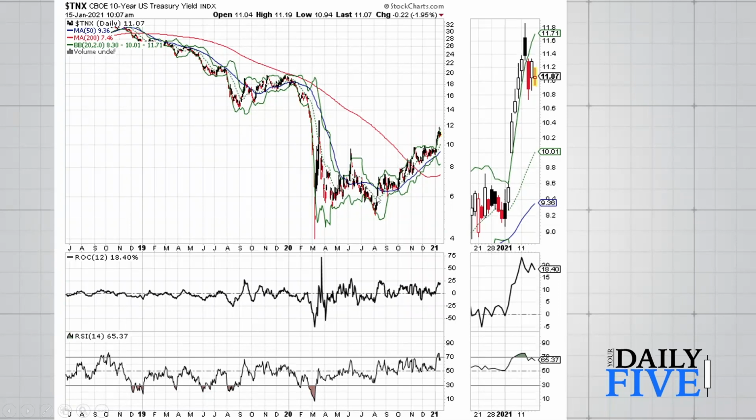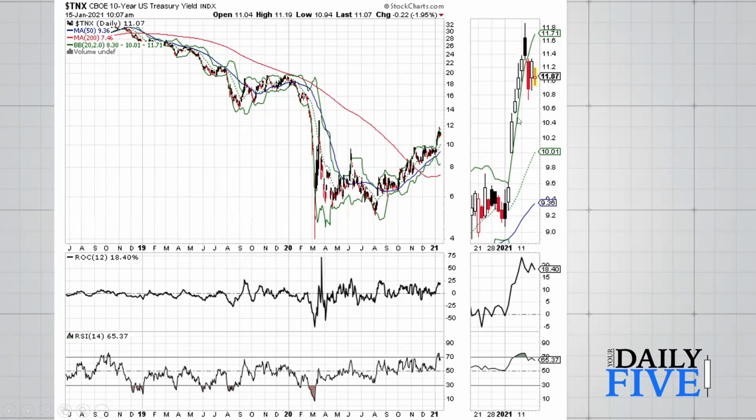Interest rates, bond market bottomed out in March and August of last year, started moving up. The U.S. 10-year Treasury note yield. And we've had a huge move to almost 1.2%. Now it's backing off a little bit, but it looks as if interest rates are no longer going to be down here in the crazy range near zero. And it's above the 200-day moving average and above the 50-day moving average. And we had this little bit of a golden cross here. I'm not much of a golden cross guy, but something to keep an eye on.